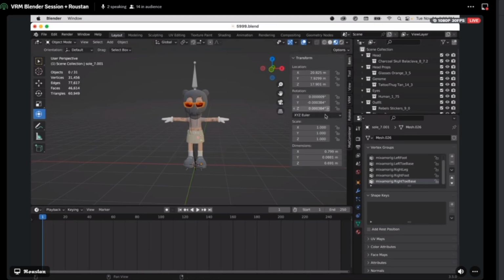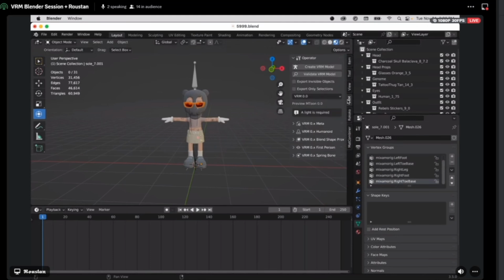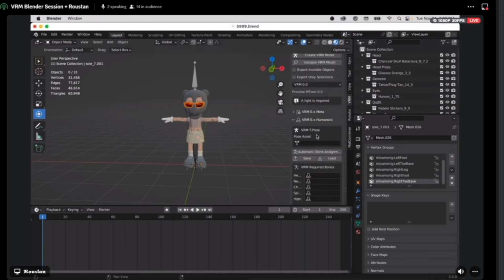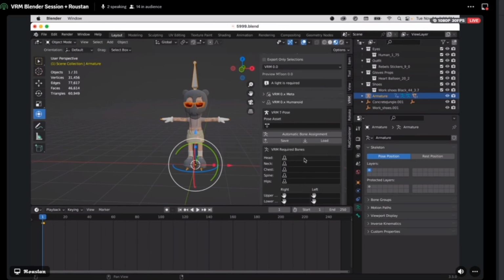I can open up this sidebar. You can press N to open that up. Go to VRM, VRM humanoid. And at this point, we're going to add all the bones to the VRM definitions, I guess. But it's pretty easy because most of it is labeled appropriately. So head goes to head, neck goes to neck. Chest, there is no chest. So